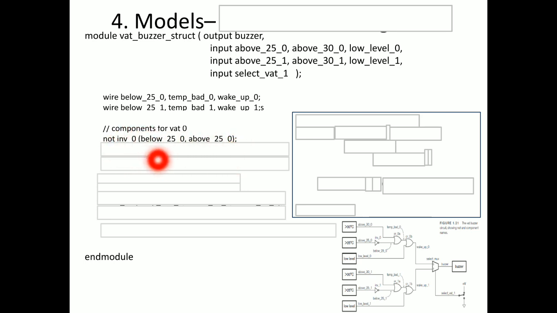We have said that in the port list the first parameter should be the output. After that, whatever comes should be input. Here the one below 25.0 is the output of our inverter 0, right? So the next one is the input name. What was the input? The one above 25.0. Okay, please check the circuit. Below 25.0 is our output for the NOT gate, and above 25.0 is the input. In the port list the first parameter should be output, followed by the inputs, and each parameter should be